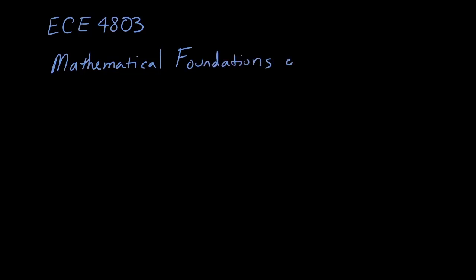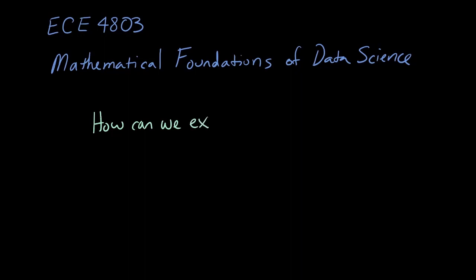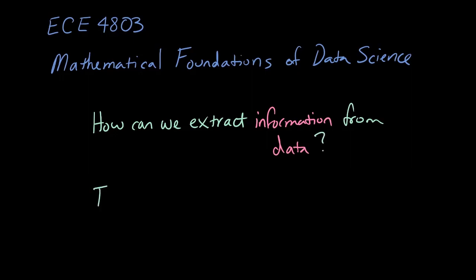Right, so what do we mean by data science? Well, data science is really just all about how can we extract information from data. And when we talk about the mathematical foundations of data science, we're really talking about two main pillars, which are